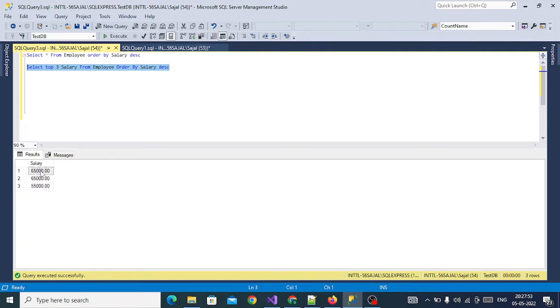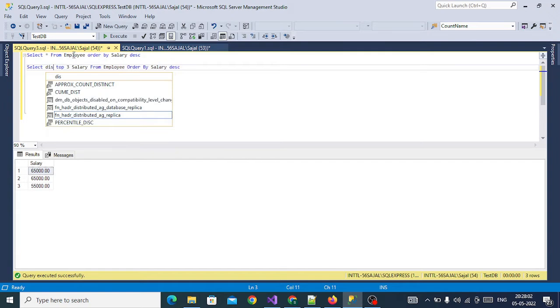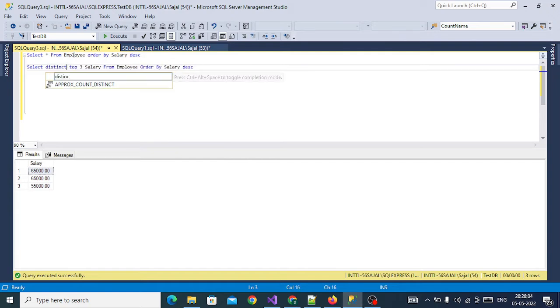If we run this one, there are two employees with 65,000 salary, so it is showing twice. So we will put a distinct here. Now if we run, we will get the first, second and third highest. Now we will